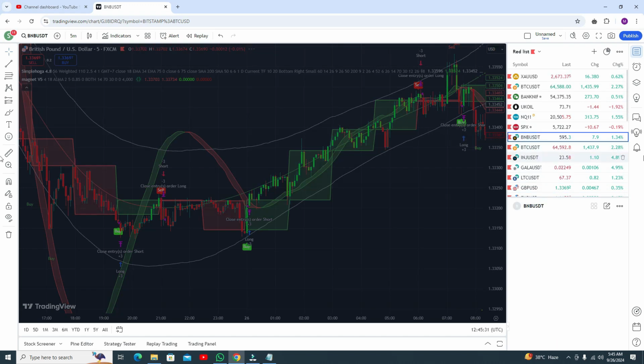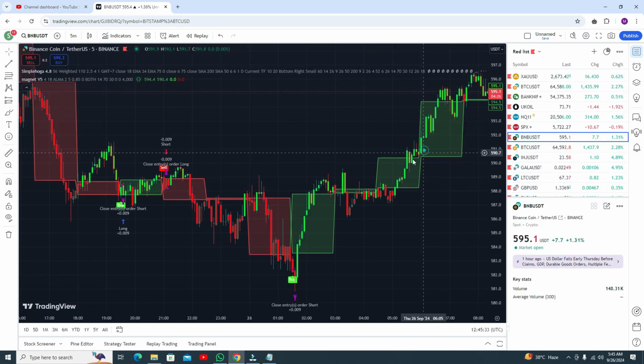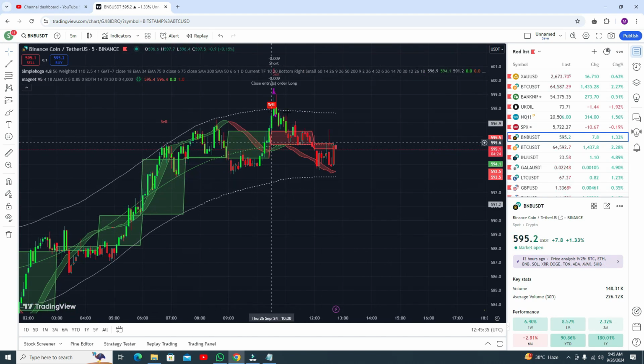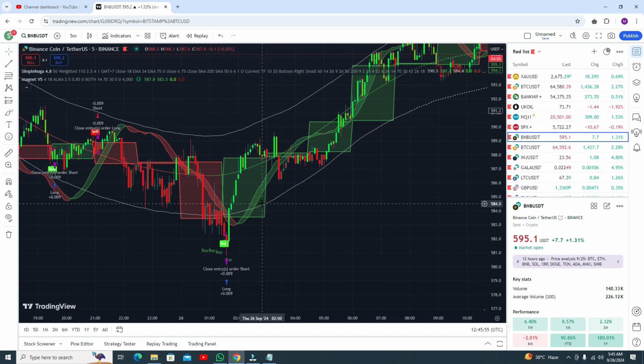This indicator works on all pairs like forex, crypto, all pairs. This was the most recent sell signal. And when any candle touches the lower band line, then you need to exit your trade. Okay, but you can watch it, it was a good signal, and now you are getting some good profit. Okay, in the previous buy signal it was amazing.